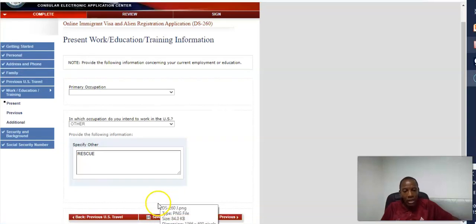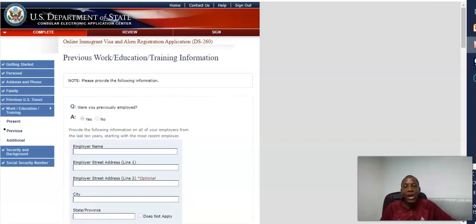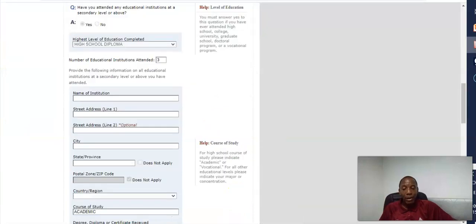So clicking on next is going to take you to the next page, which has to do with previous work, education, and training information. As I said at the beginning, you need to provide pieces of information regarding work that you have done up to today. You also need your educational history and the places you have lived. I guess we have already seen that. And at the bottom of the page,